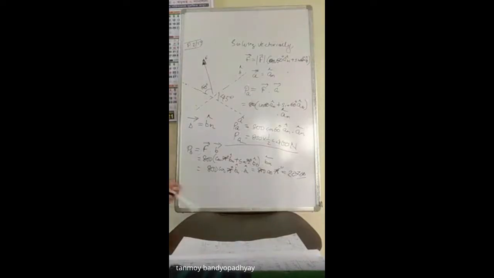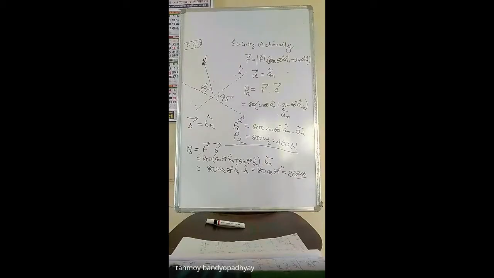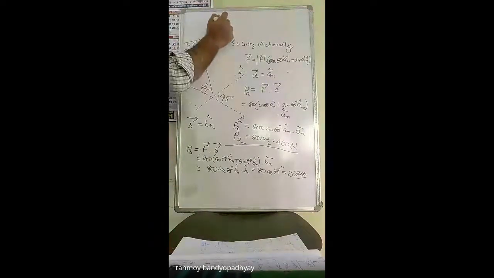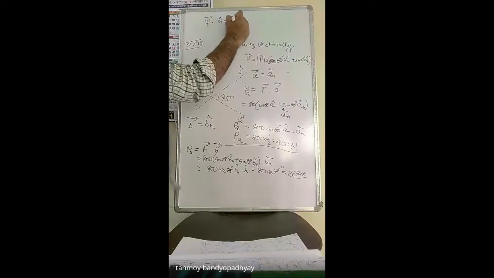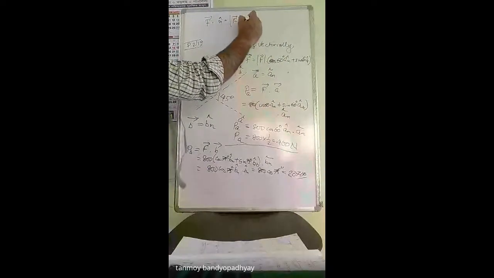If you need to find out the component of a force on any axis vectorially, you need to find out the vector force and the unit vector along the direction. Okay, we will discuss these more later, going into more details. Is this part visible? Yes, sir, it is visible. If I write the dot product, F into n cap, that is equal to the magnitude of vector F into